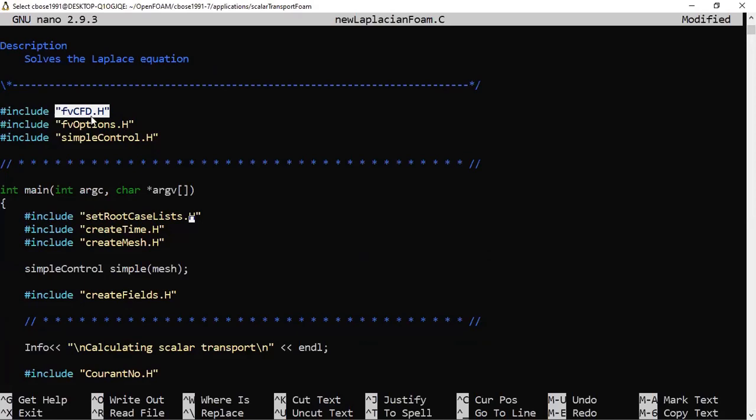Okay, and these are some other controls. We will compile and remove whatever is not necessary, but it is already there. So these are some of the header files, and then the main code starts from here.